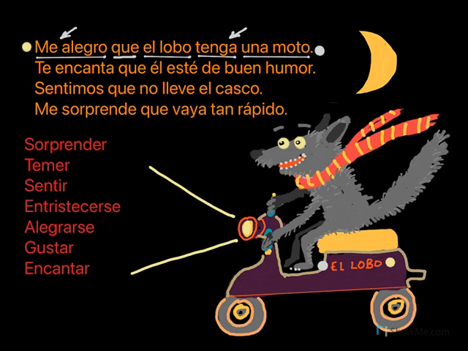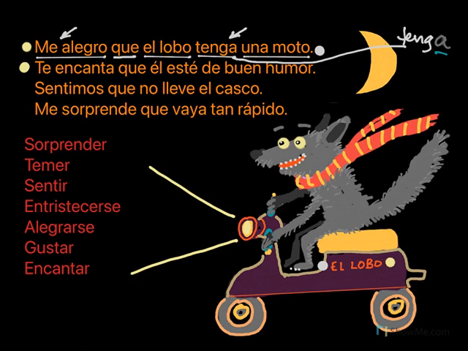How do you create it? You remember? You create it from the first person present. Tengo is the first person present. And then you take the last vowel away and you put the opposite vowel, tenga. Tenga, okay?